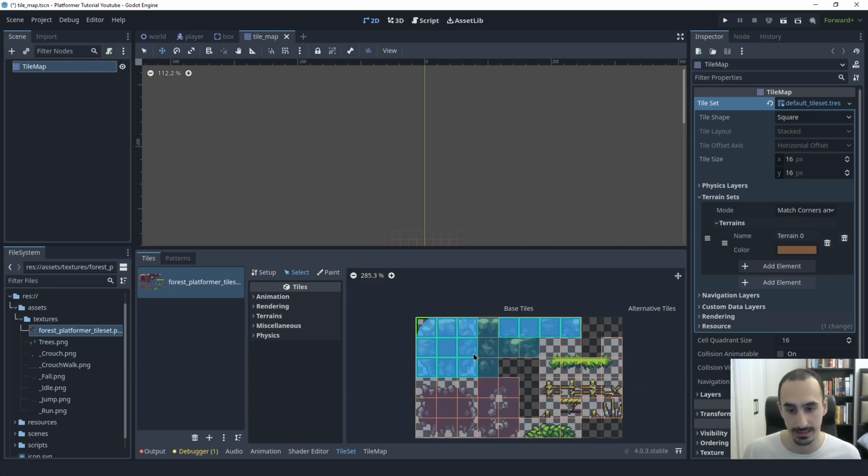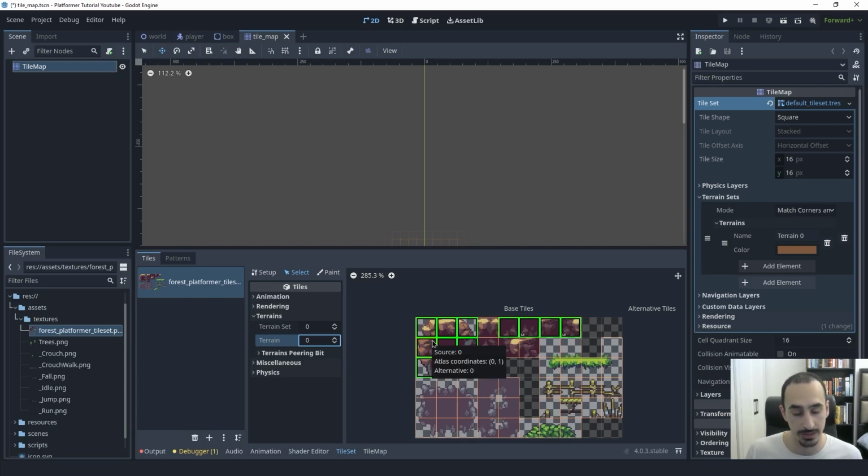Okay, so with these selected, I'm going to go into the terrain section here. By default, the terrain set and the terrain for these is set to -1, and that means they don't have a terrain set or a terrain. We're going to set this to be 0, first the terrain set, and then the terrain. 0 doesn't mean null or empty. In this case, 0 means that, for example, this has the terrain set index 0 and the terrain index 0. So the indices for the terrain set and the terrain start from 0. Okay, so now that we have the right terrain set and terrain for all of these,